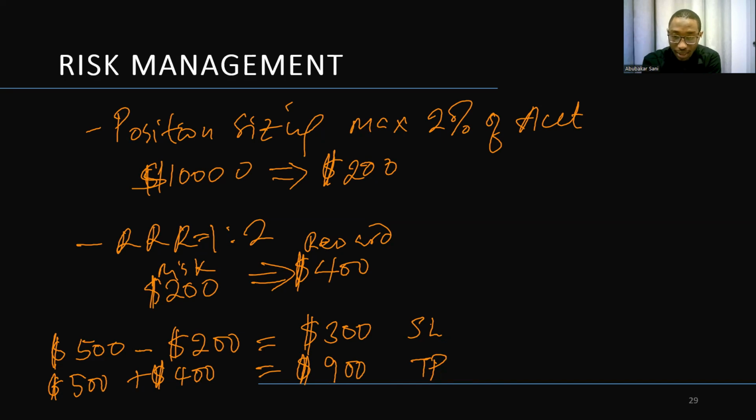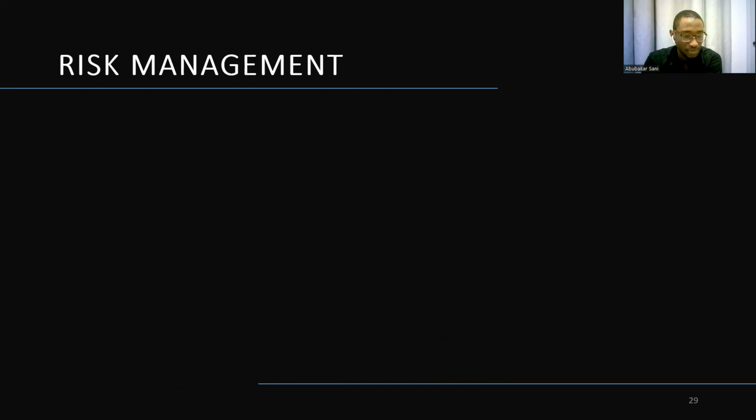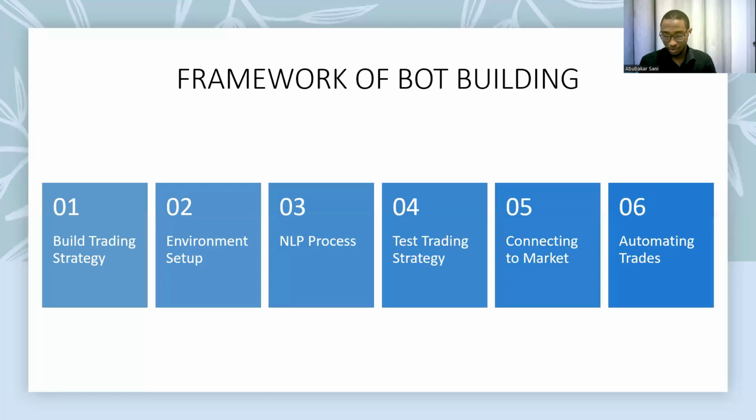I'm not going to wait, even though it is going up. I'm not saying, okay, let me wait till it reaches 5,000. No. I have already set my take profit to be 900. So once it reaches 900, I will sell and I will go. And I will be happy with my $400 profit. Okay, this is my risk management. All right, so that's my logic.